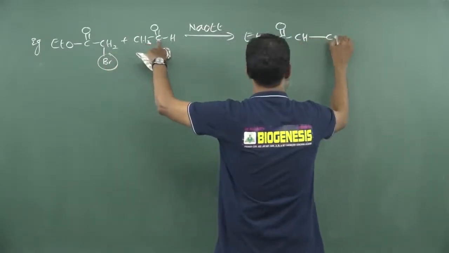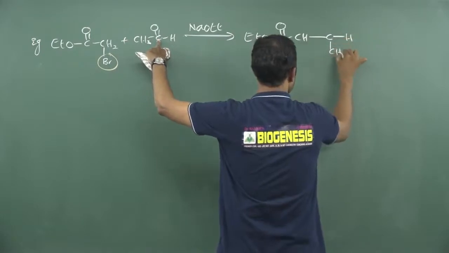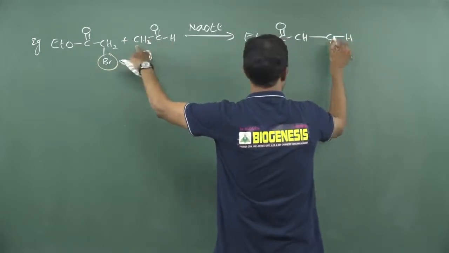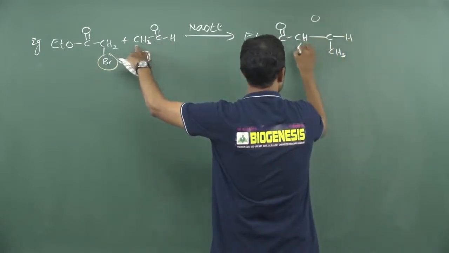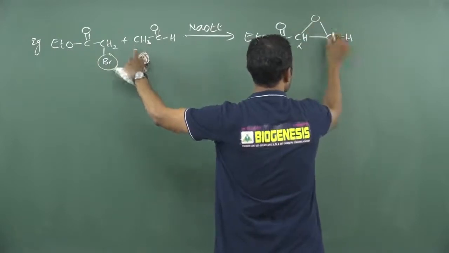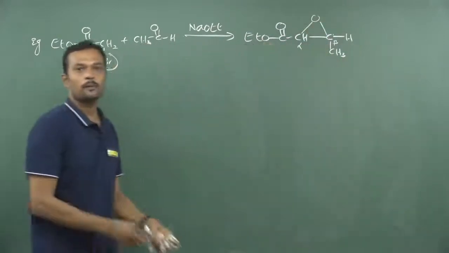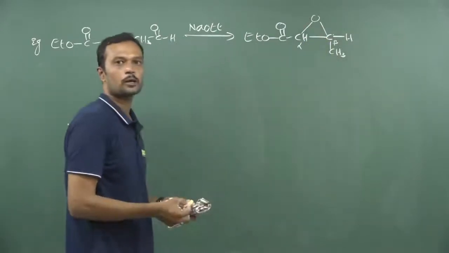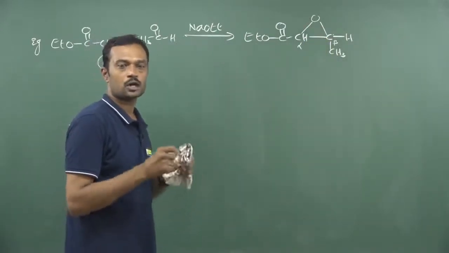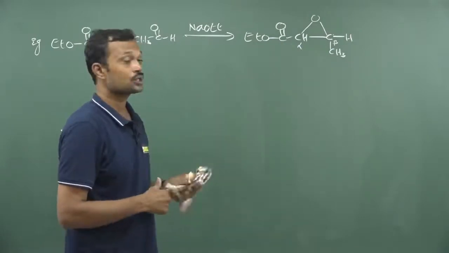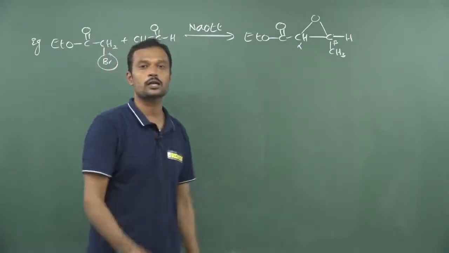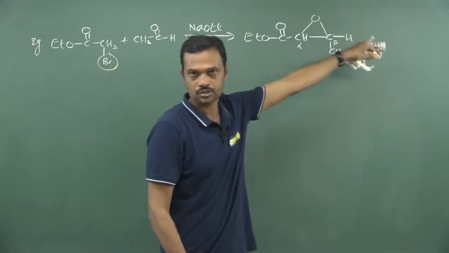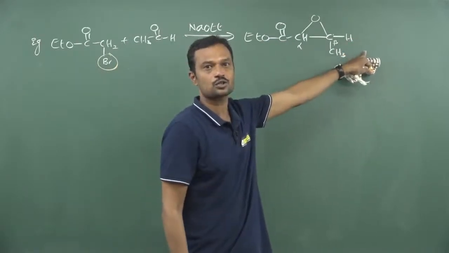Okay, this carbon carries remaining substitutions, you write down carbon as well as hydrogen and methyl. And here you write down epoxy between alpha carbon as well as beta carbon. Simply that is the answer. Put an epoxide between alpha and beta carbon. This is called oxirane, also called epoxide. Epoxide present at alpha and beta position, and this reaction is responsible to give Eschenmoser-Tanabe fragmentation from here onwards. That's why Darzens glycidic ester condensation is most important.